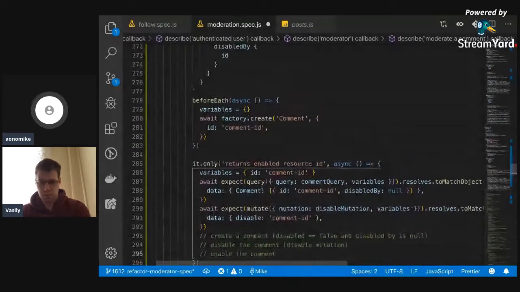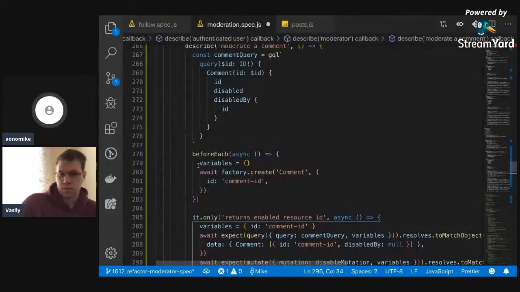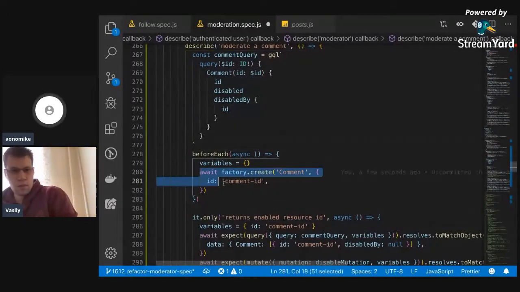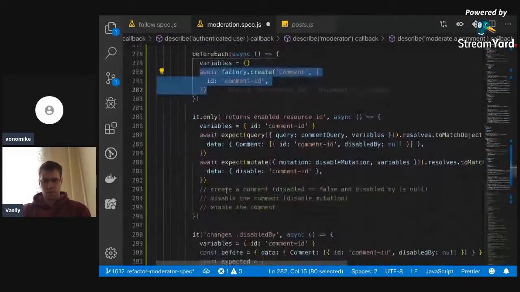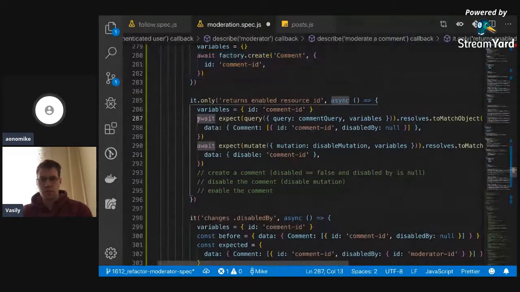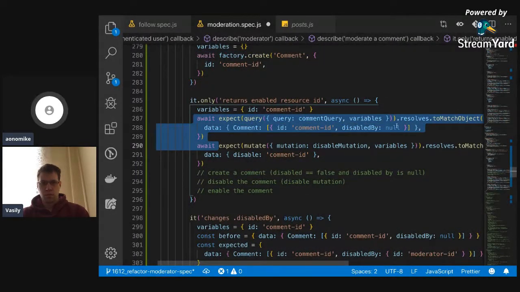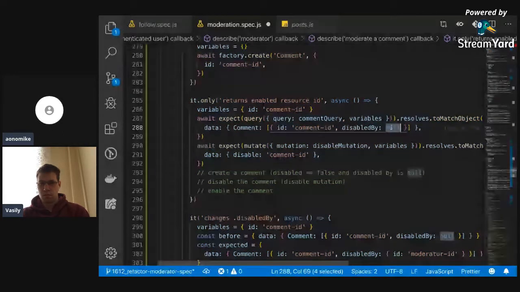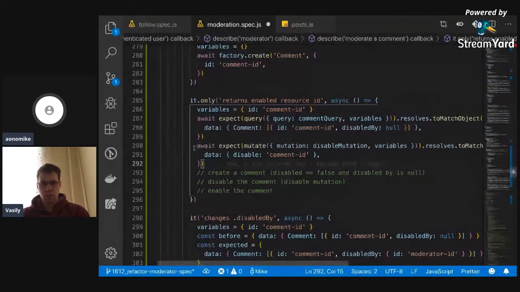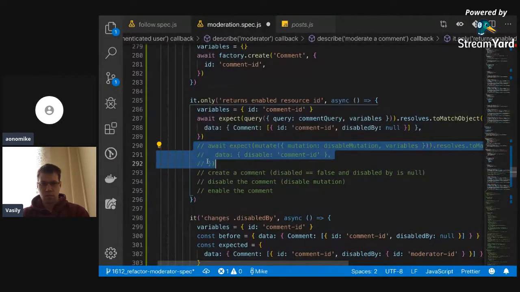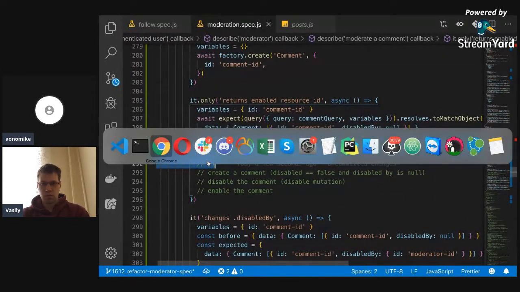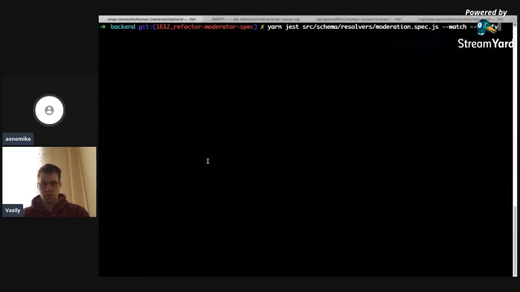So here in the beforeEach, I'm just creating that comment. Then after I create that comment, I check to see that disabled by is null for the comment I just created. Up to that, it passes. If I run it like,